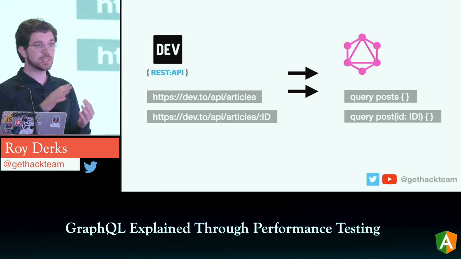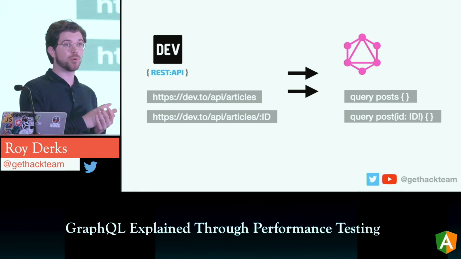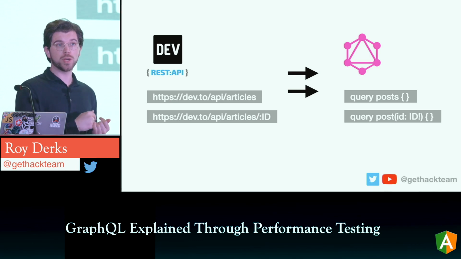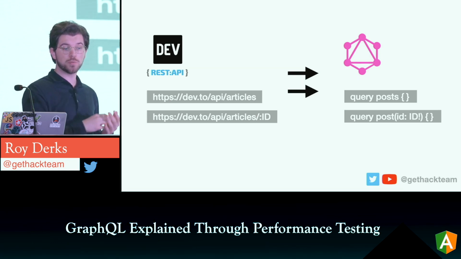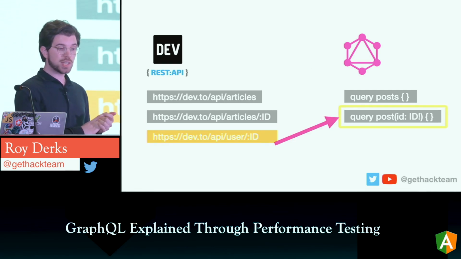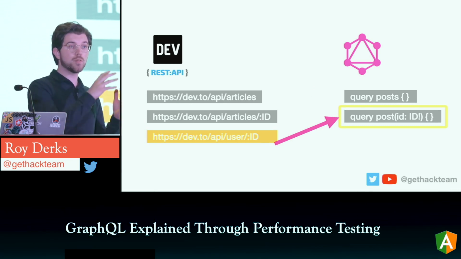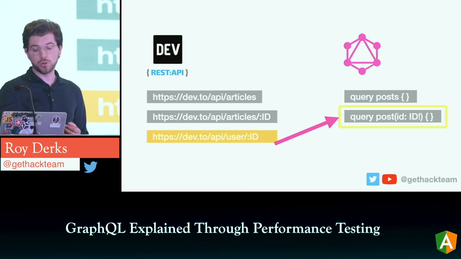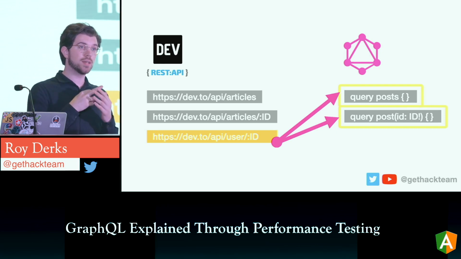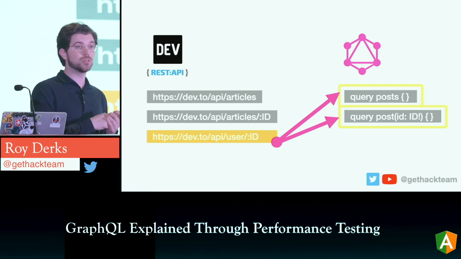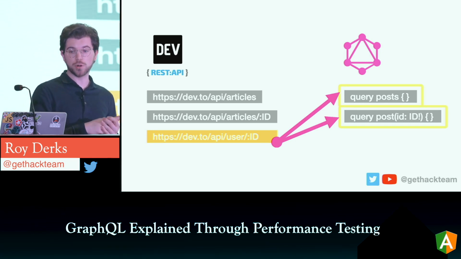But then I've done something else, as I told you before. With GraphQL you can also make relationships, you can combine multiple endpoints, like we saw with Twitter, where we combined the searching of all the tweets with the endpoint to get user information. I've done the same for this API, so I took the REST endpoint to get users by their ID, and I've included these into the other two queries. So by using these two queries, you can get a list of articles, including the user that wrote it, and you can also get a single article, including the user that wrote it.